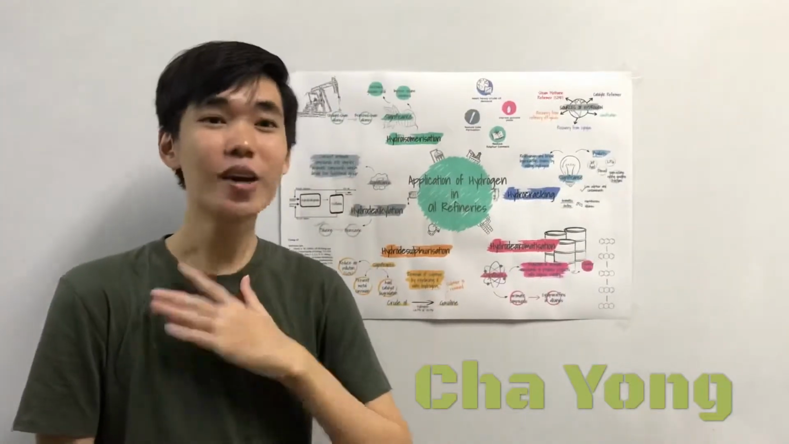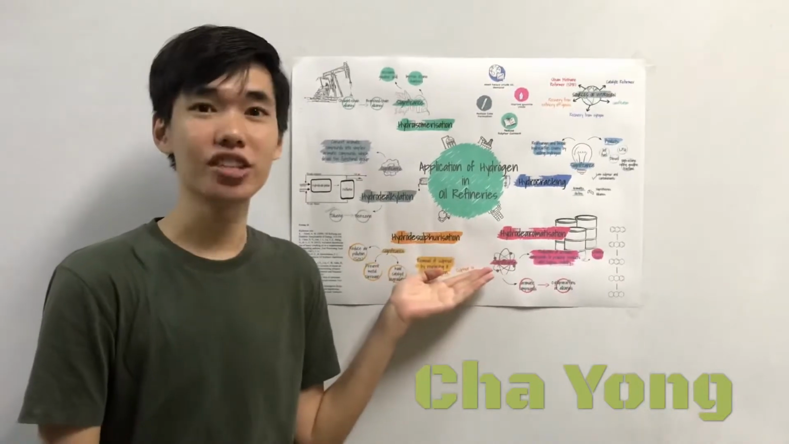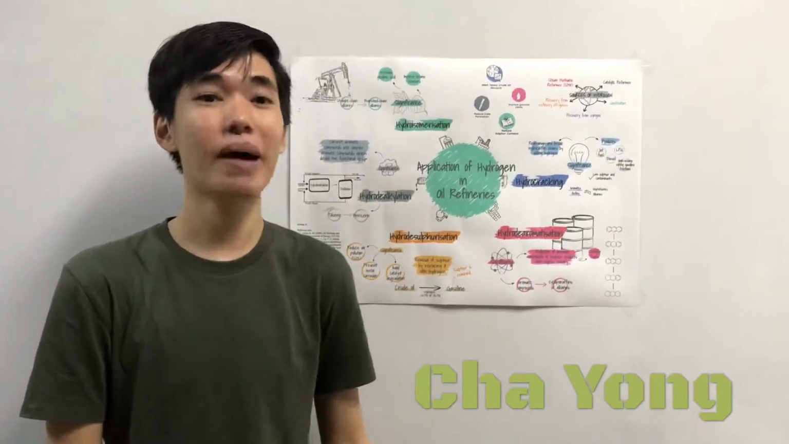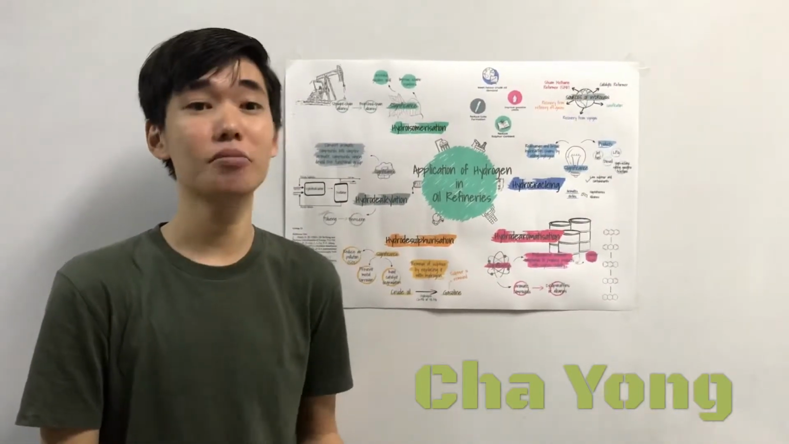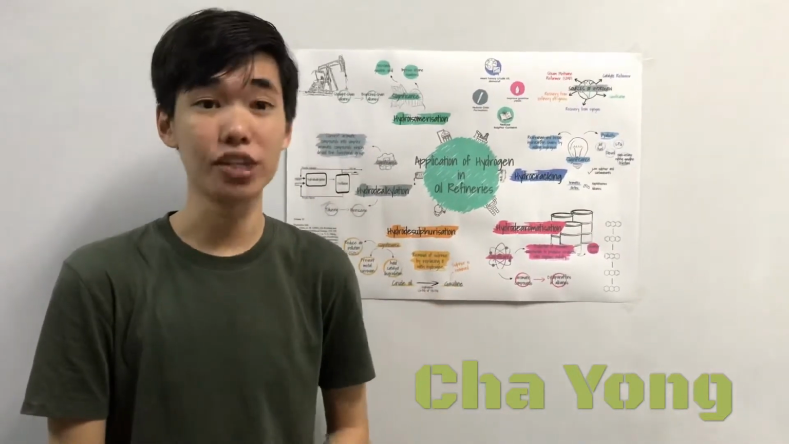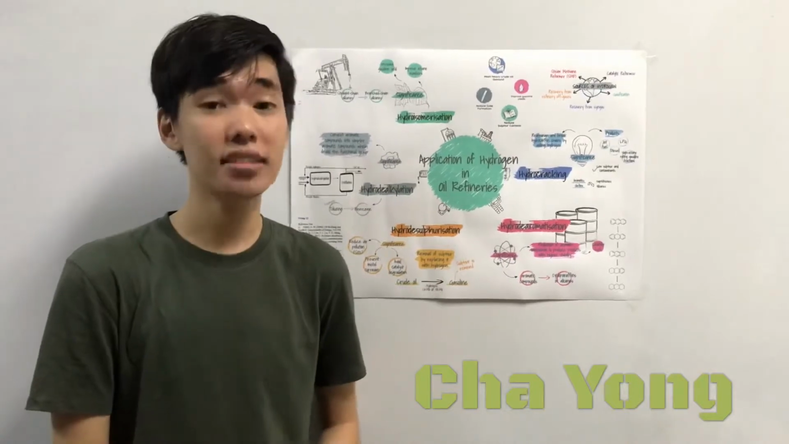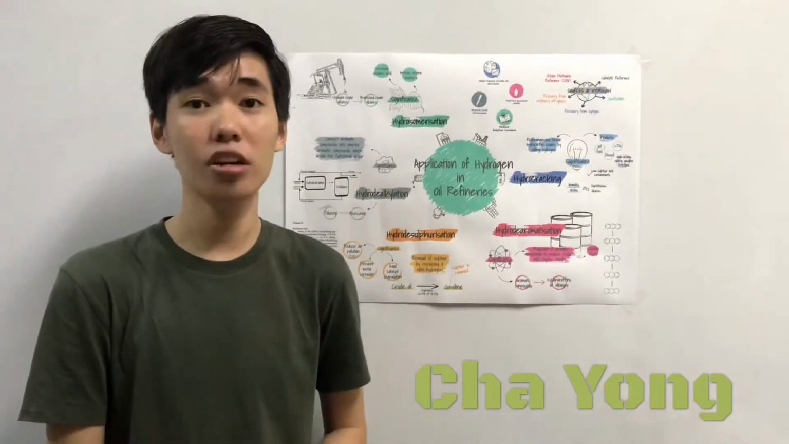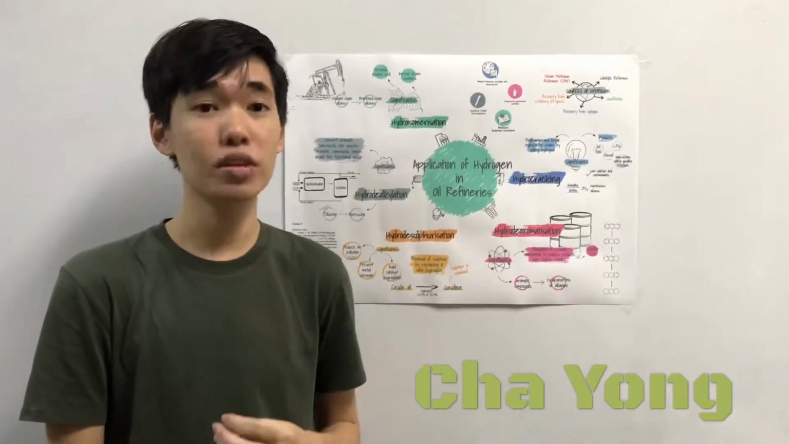My name is Chayong. I'll be presenting the next application, which is hydrodesulfurization. This is a process catalyzed by either cobalt molybdenum or nickel molybdenum to remove sulfur compounds from the hydrocarbon using hydrogen. This is necessary because the presence of sulfur atoms in petroleum is always objectionable due to process and